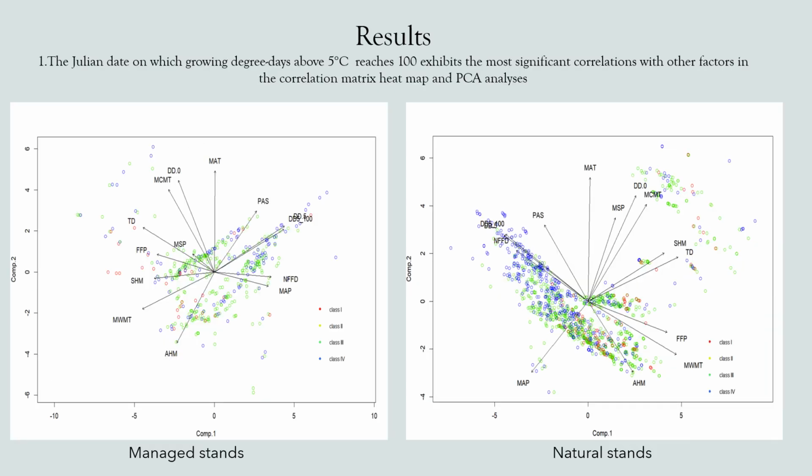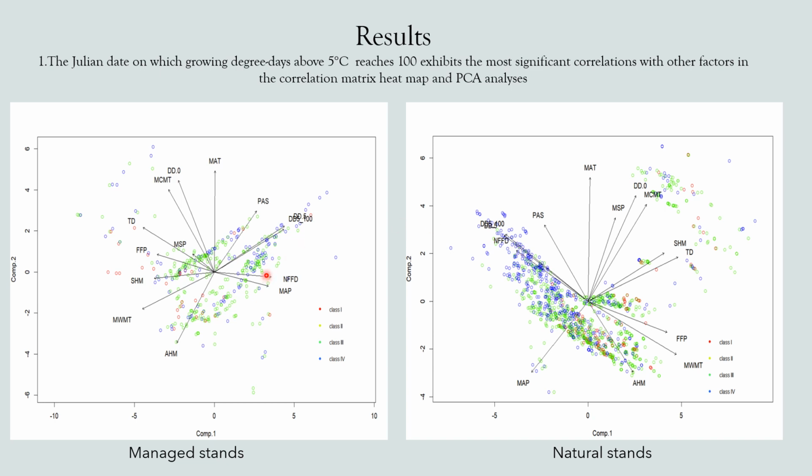Next, let's go to the result part. The first result is that the Julian date on which growing degree days above 5 degrees reaches 100 shows the most significant correlations with other factors in the correlation matrix heat map and the PCA analysis. We can see in these two PCA figures, the first one is about the managed stand and the second one is the natural stand. We can find that the degree days above 5 degrees are important in both figures. The vector has the longest length